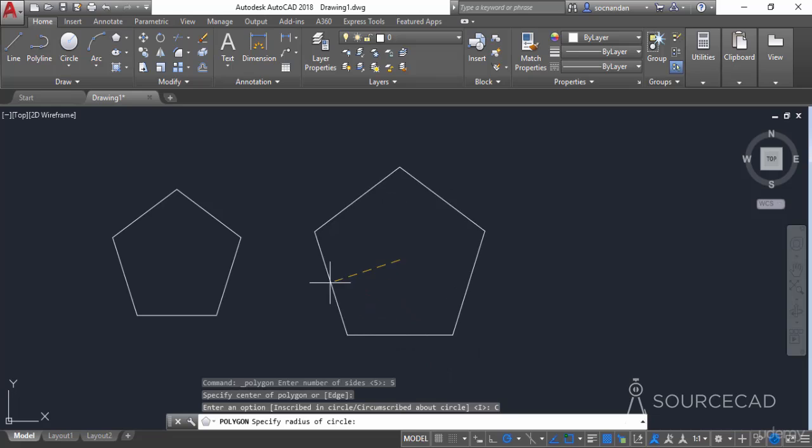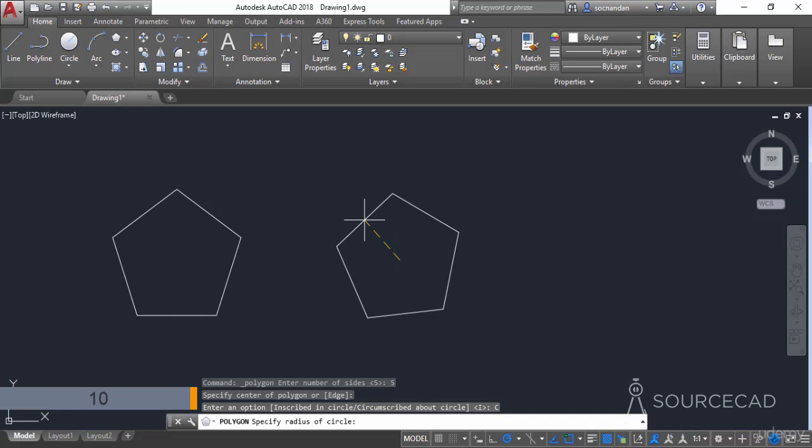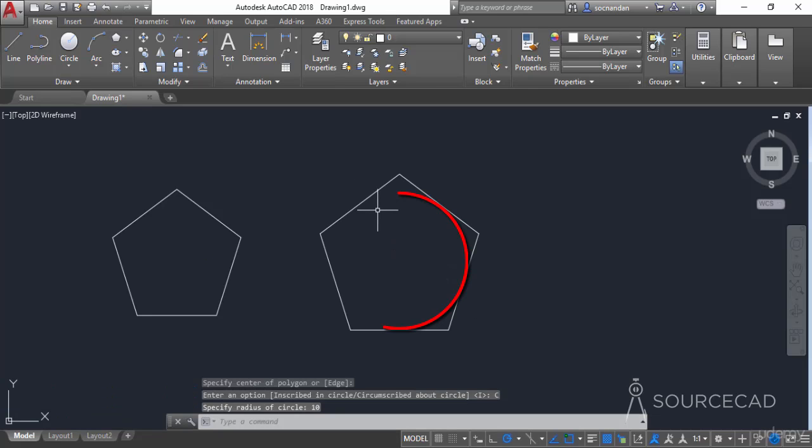Now you need to click anywhere to specify the size of this polygon, or you can also enter the radius. In this case also, let's enter 10 as the radius. We are entering the radius of the circle which is inside the polygon, and the midpoints of the sides are touching the circle.